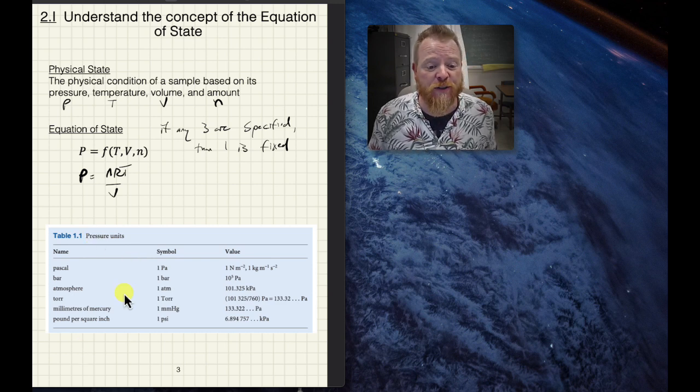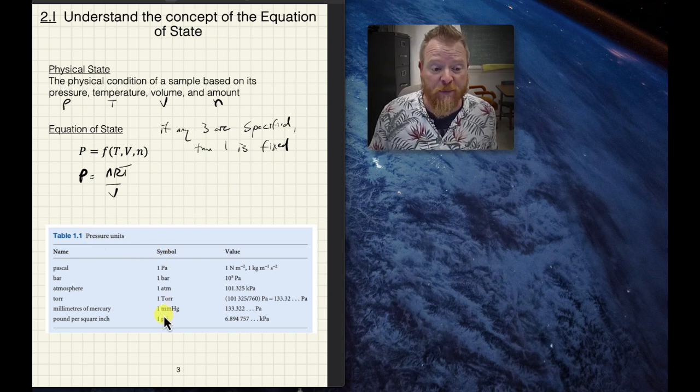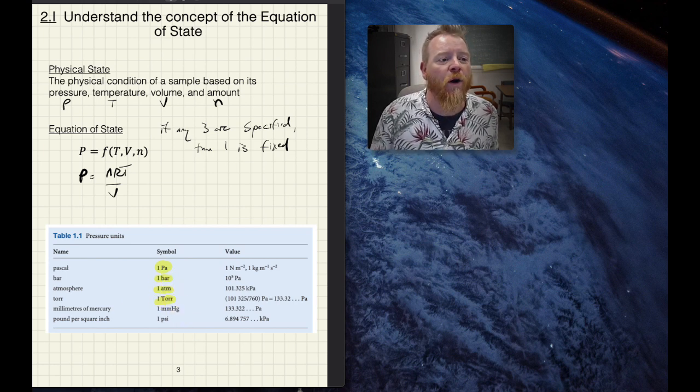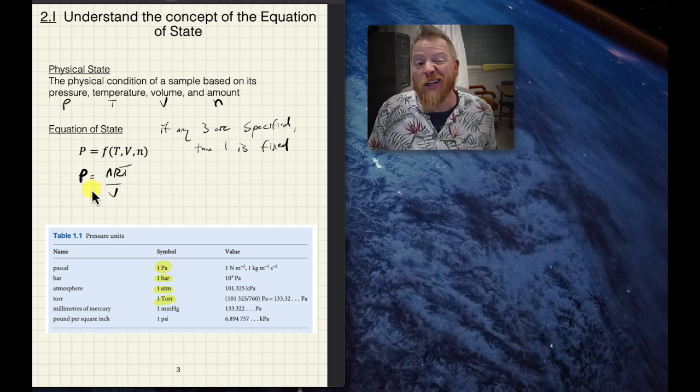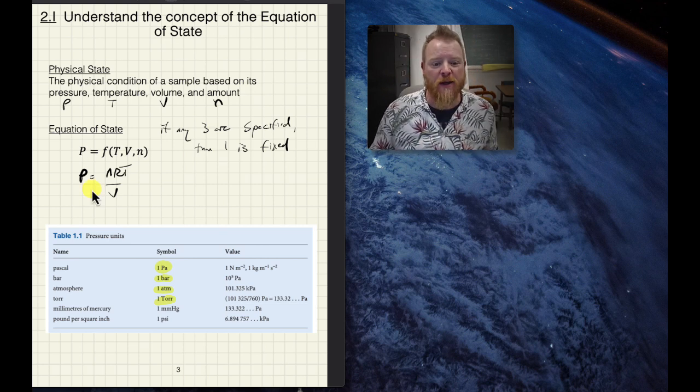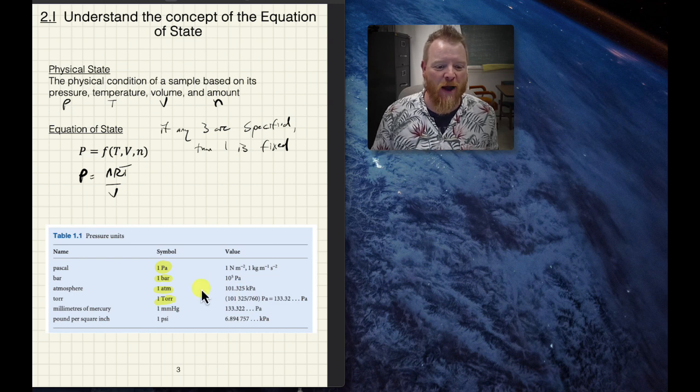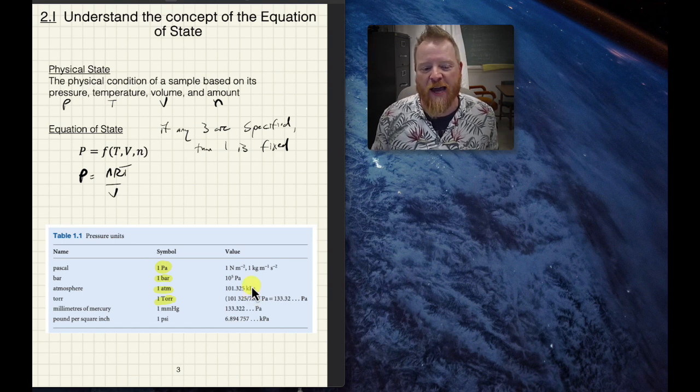So looking at our units for pressure, there's several we can choose from here. And I know that when we went over units, we talked about the SI. The correct one that we want to use is the Pascal. But we will also see the bar, the atm, and torr quite a bit in this class as well. You don't have to memorize these kinds of things, but I think if you use these numbers enough, you accidentally memorize them, okay? So hopefully you accidentally memorize that, for example, 1 atmosphere is 101.325 kPa. If you don't, that's okay. We can look up the value.